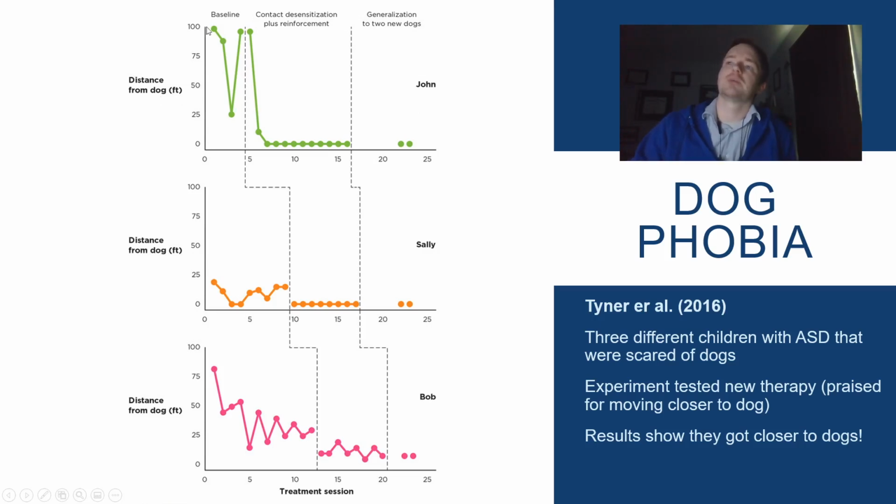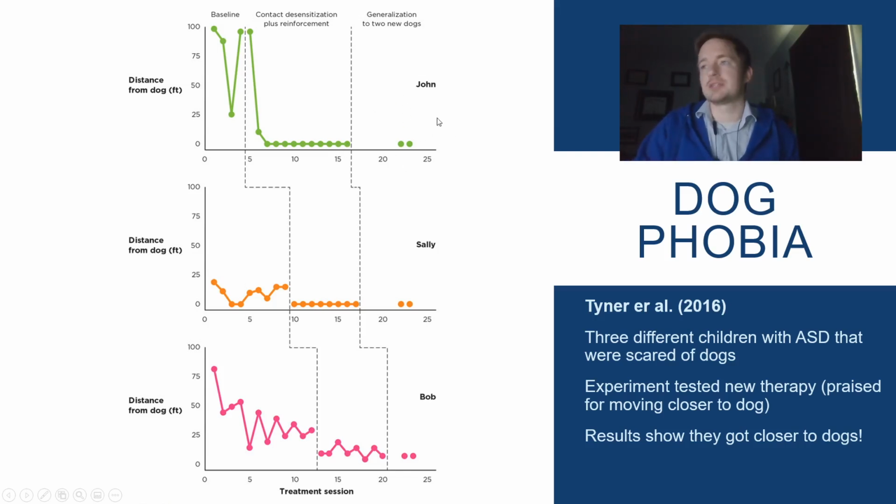This individual, you can see that he wants to keep his distance away from the dog, mostly 100 feet away, sometimes 25 feet away. Once they introduce this treatment plan, the first day, he's still not having it. But the second day, you can see that he immediately drops down. He's now very close to the dog. You get the idea. As the days go on, he's still really close to the dog. He's not leaving the dog behind. And then